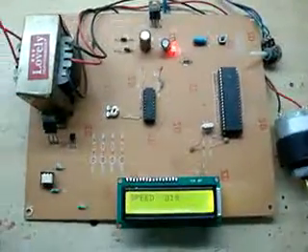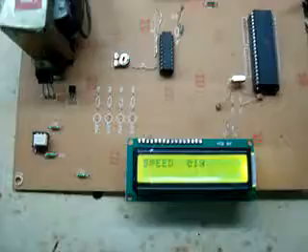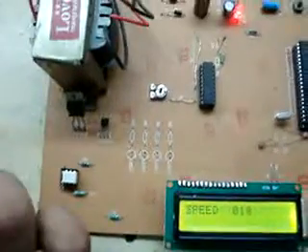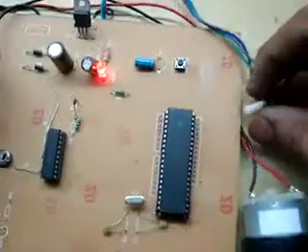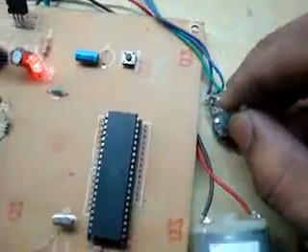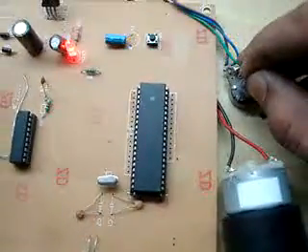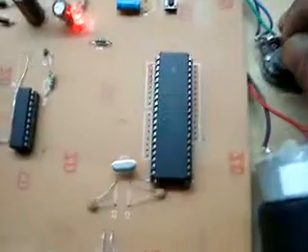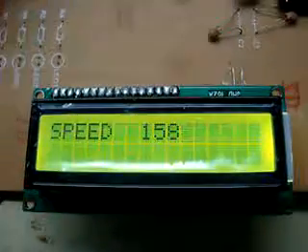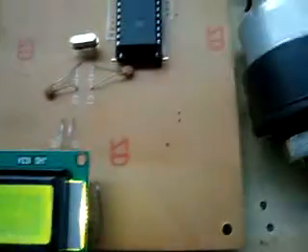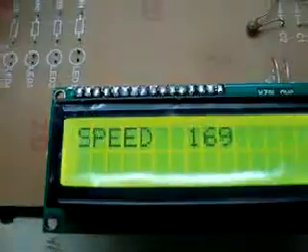This is a video of DC motor speed control using pulse width modulation. In this project, we vary the speed of a DC motor using a variable resistor regulator like this. When we increase, decrease, change the resistor, now the speed is increasing and it is displayed on the LCD